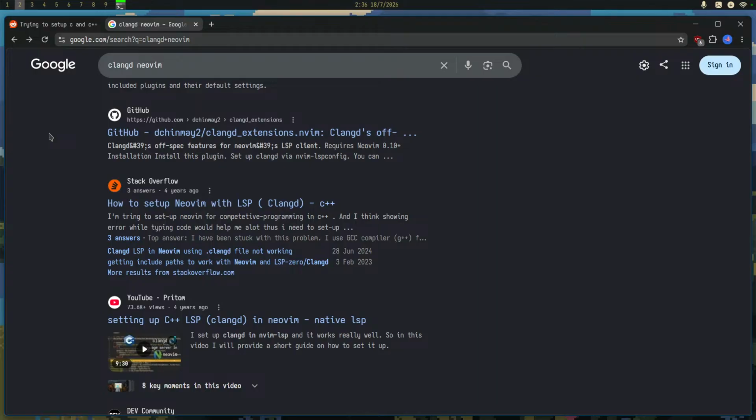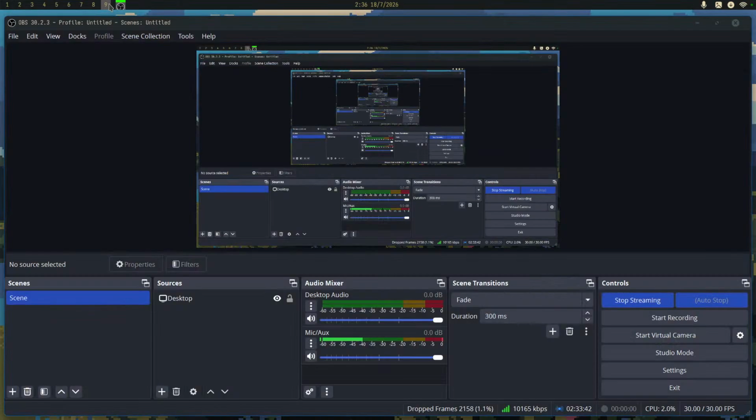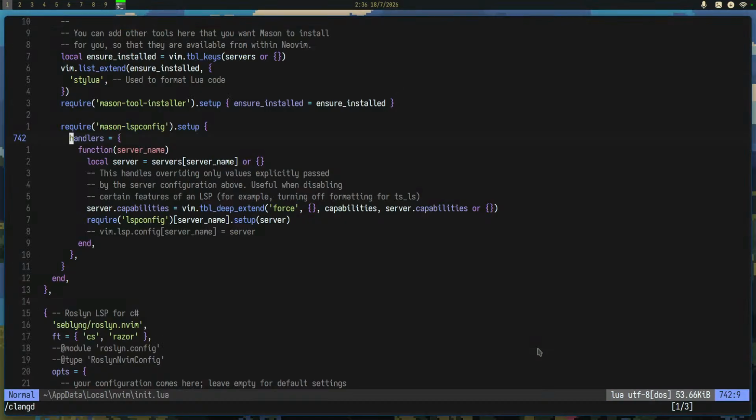Alright, so I guess we'll just stop it for now. We have been going on for a good 2 hours, so I think I need to get Clangd working. Or maybe I could do it with Visual Studio. You know what? I think I will just stick with NeoVim, and I'll try to get Clangd working so that we can work with C code bases on NeoVim.